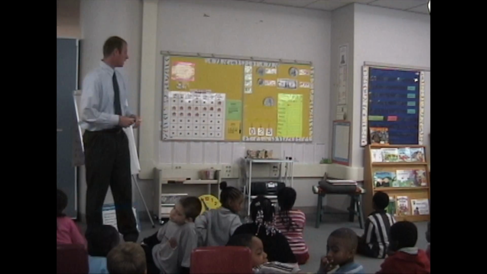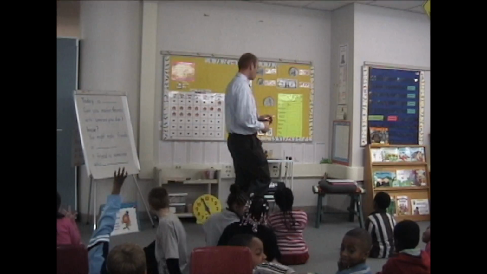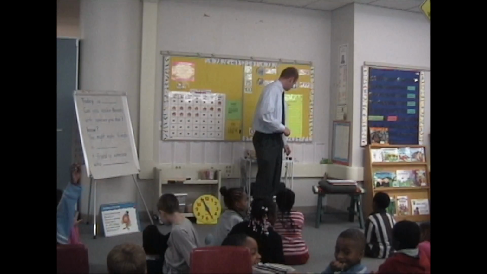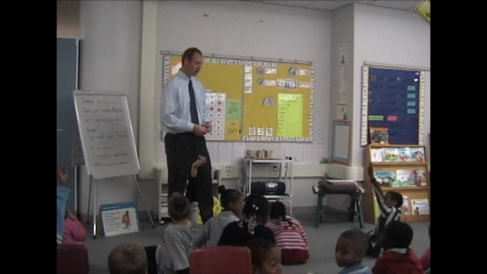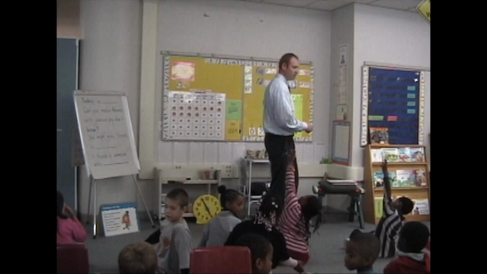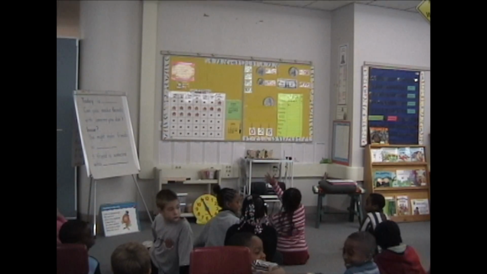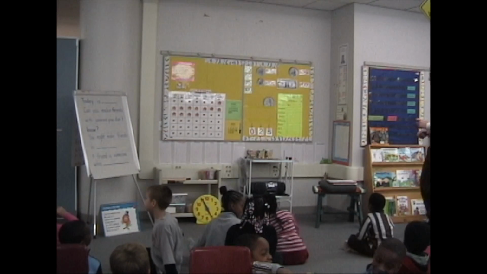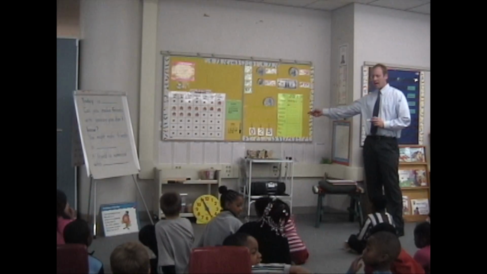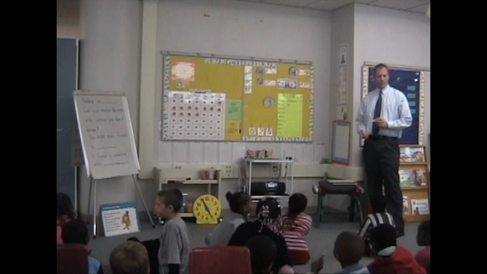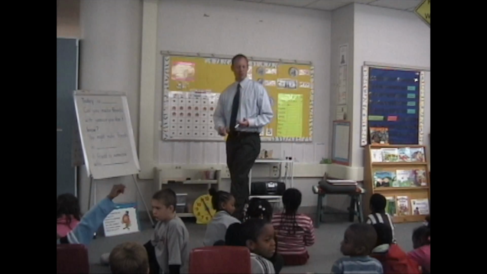So we need to put cloudy down on our weather chart here. How many cloudy days have we had since we've been in school? Not just in October. Look at September too. How many cloudy days have we had? I know it's sort of tough for those of you sitting in the back. Christina, how many do you think we've had? 2. We've had 2 cloudy days. That's pretty good. Only 2 days out of how many days have we been in school? 25. Out of 25. That's pretty good, what we call percent.